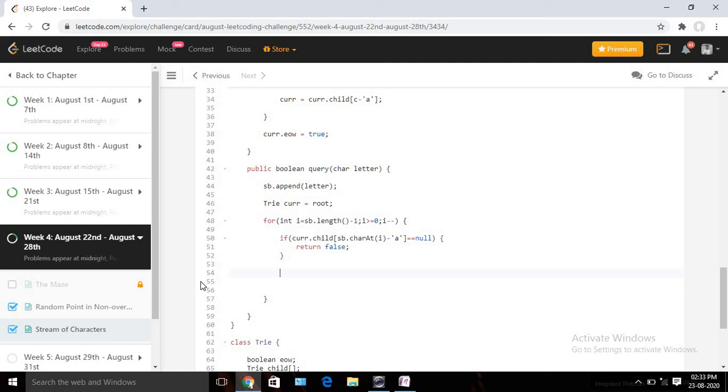So at first we need to move our counter forward: cur equals this line, similar to this one. Using this we are moving in the downward direction, right. Now I will check if cur.eow equals true, then we can return true, else it will continue.